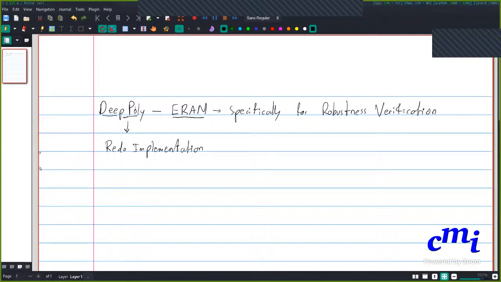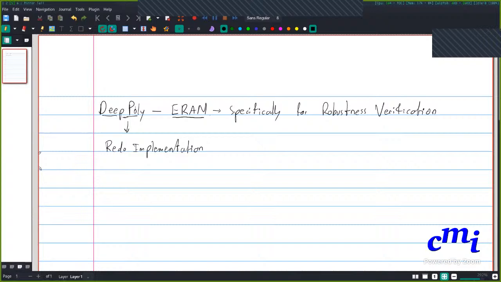As a part of this warm-up exercise, you will get to know how to call ReluPlex and so on. You'll have an implementation of this node merging based technique that Sir will mention. And you will also have an implementation of this deep poly. So I think with all three of these things, we should be in a good place.